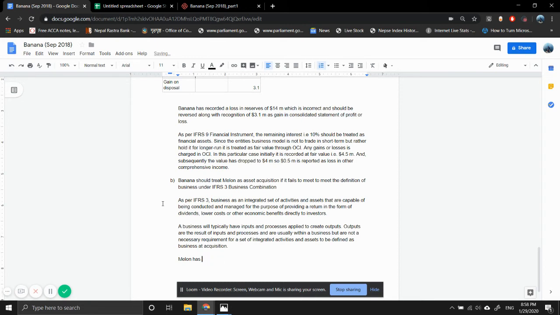Melon has a license as an input, which it controls and is capable of producing outputs once one or more processes are applied to it. Okay,